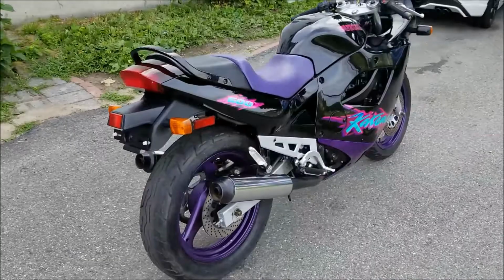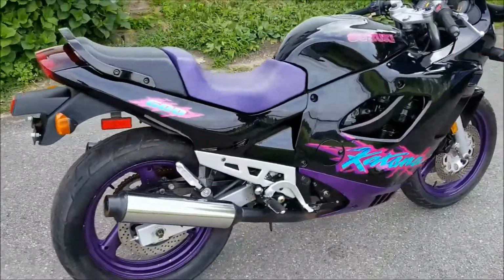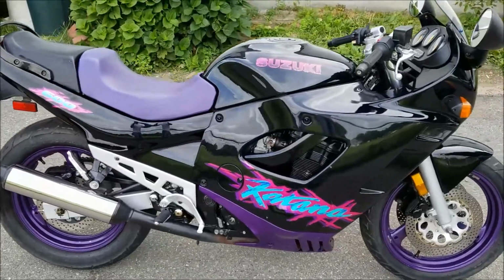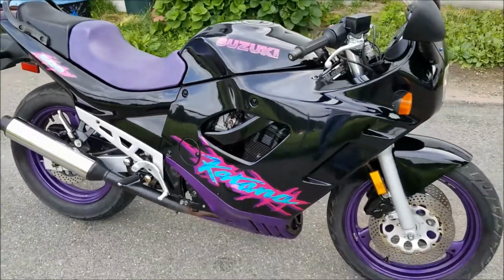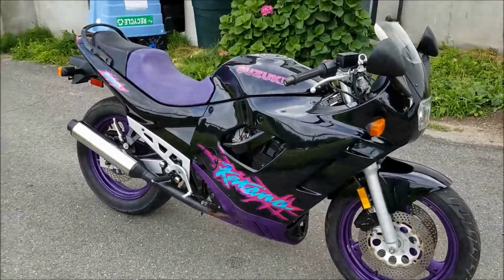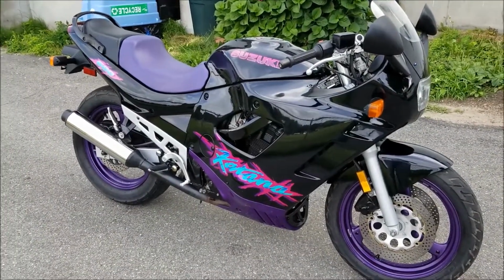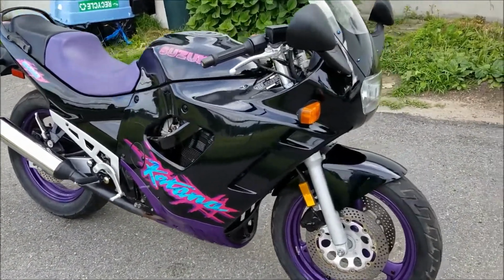And I found this about a year ago in New York City. So I just took the bus down there, picked it up, and then rode it back. It is mostly stock, and that's what I liked about it. When I say mostly, probably the only things that are not stock are these little